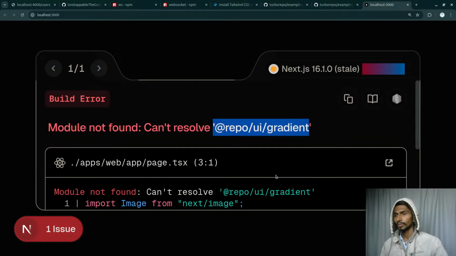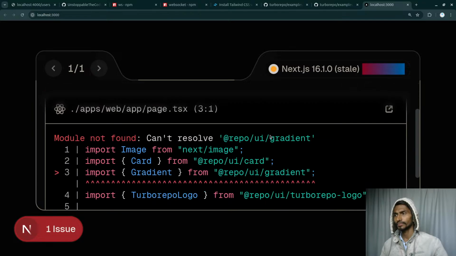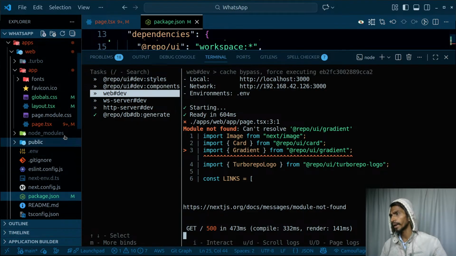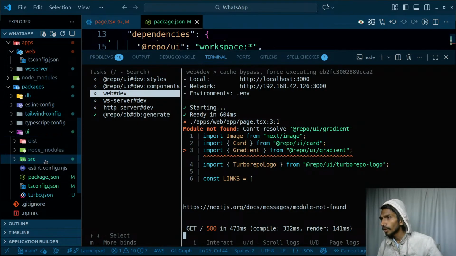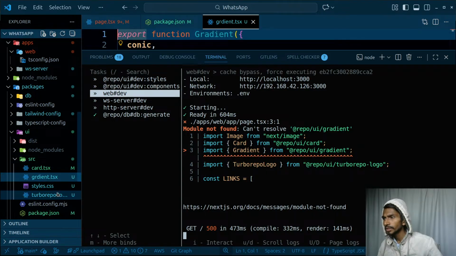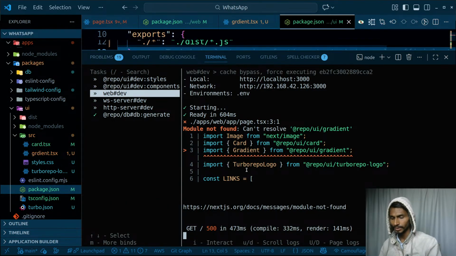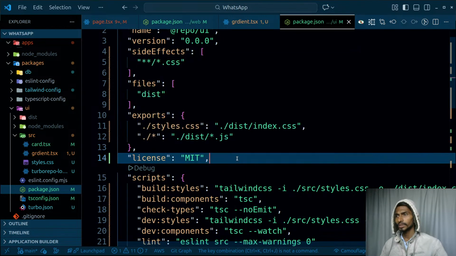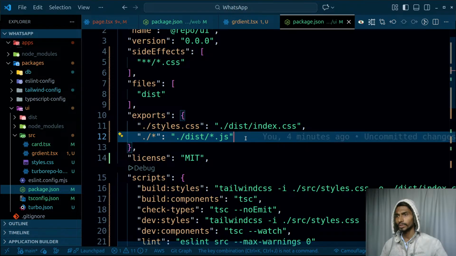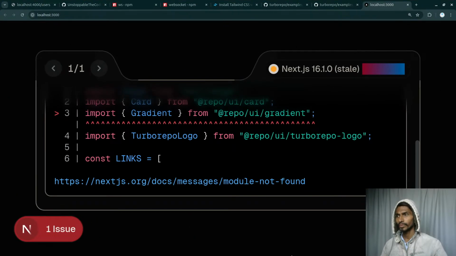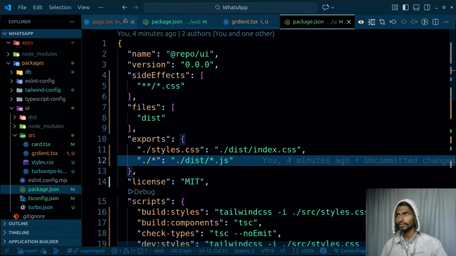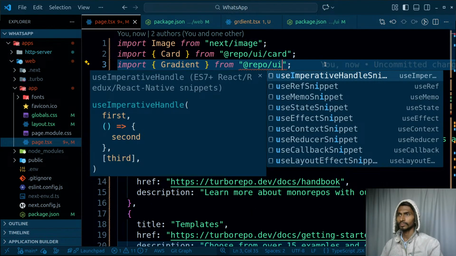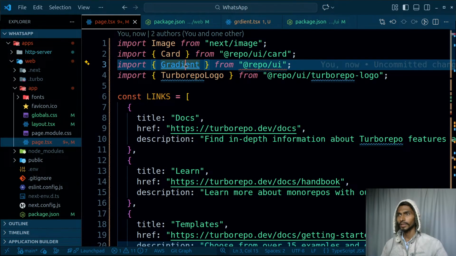okay, it is unable to resolve this one, gradient, and it is getting the gradient from there. Let's check this out as well. From UI, actually I'm exporting the gradient. So from UI source gradient, this is actually getting exported. If I have a look at the package.json file in here, what am I actually exporting from here? I'm not just exporting gradient, rather I'm exporting everything from here. That simply means that gradient should directly come from this. If I click on this gradient,